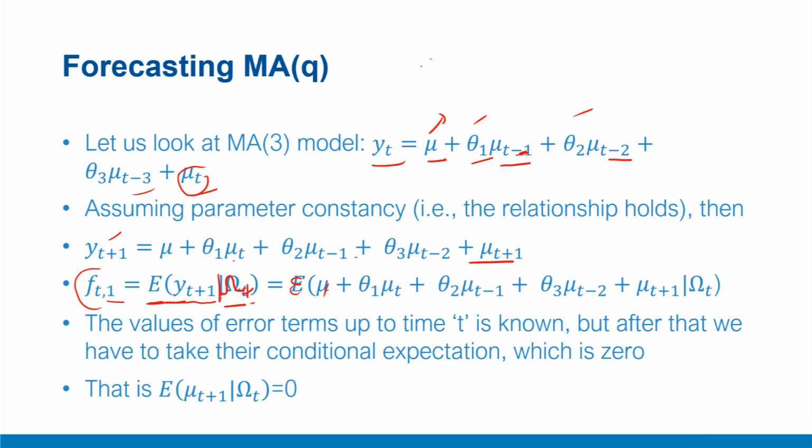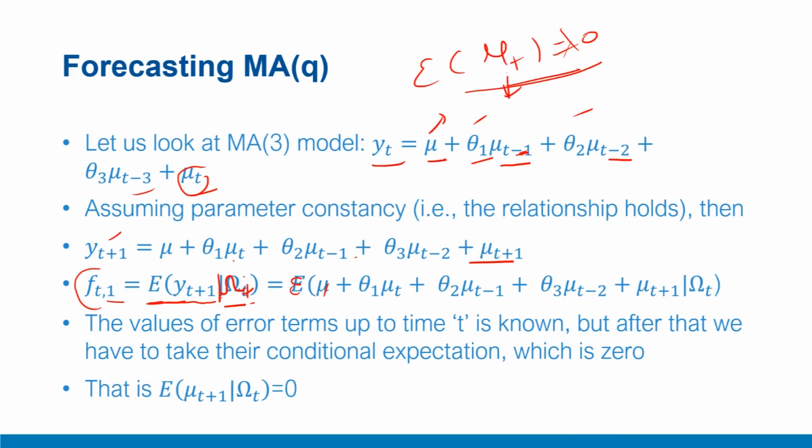However, one important point: till now we have been saying that the conditional expectation of the error term is 0 because these are white noise processes. However, when we are standing ahead in time, recall that white noise processes are used to model the information shock that has arrived in the process. So whatever information shocks have arrived till date are already known. Their conditional expectation is not 0, we will not take it as 0, but we will use the actual values.